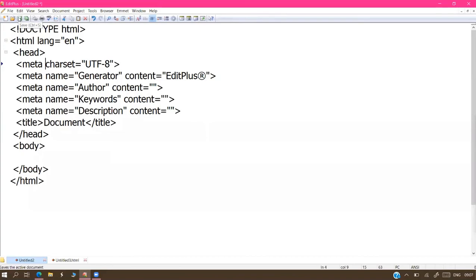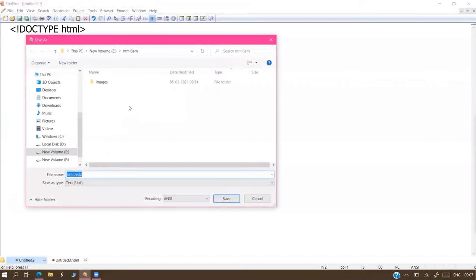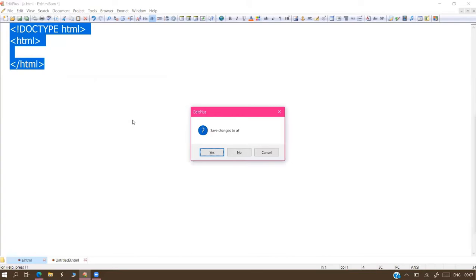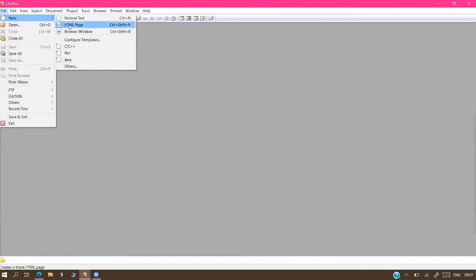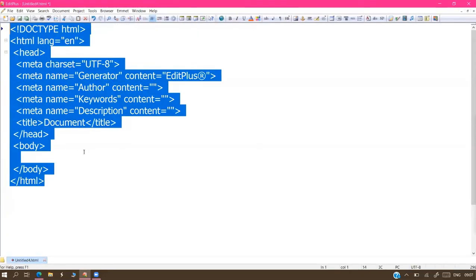See, the same program I am saving here. First type one line, not more lines. Save it as a.html, and you will get colors automatically, and also for the next lines. Once you save, colors come automatically. No sir, without saving I want to get the colors. Then change your file selection: File menu, New HTML page, not a normal file. You must select the HTML page, then you will get the code automatically like this. The same option is available in Notepad++ also. Please check it once. Thanks.